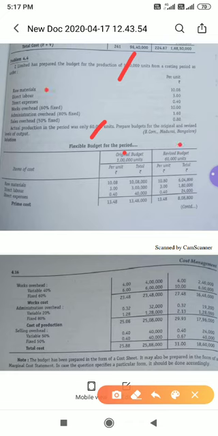So first we'll take all three variable. Direct raw material: variable cost per unit will remain the same, 10.8, 10.8. Just multiply it with 1 lakh and 60,000. So we will get 10 lakh 8,000 and 6 lakh 4,800. And even direct labor is variable cost. What is the variable cost per unit? 3 rupees. That will remain the same. So 3 into 1 lakh, 3 into 60,000. We will get 3 lakh and 1 lakh 80,000.